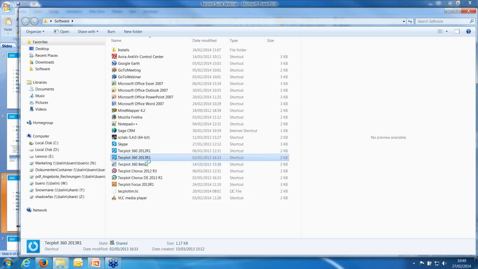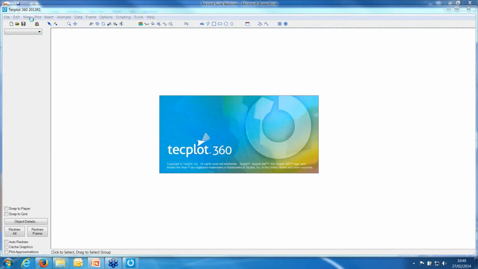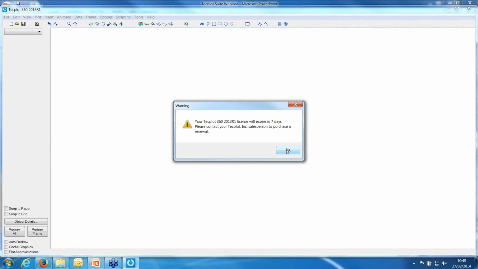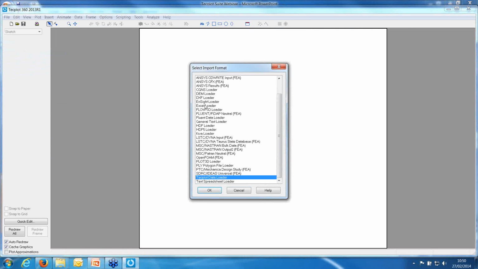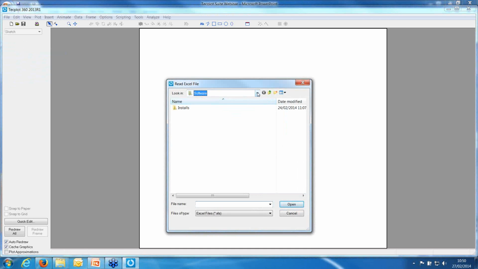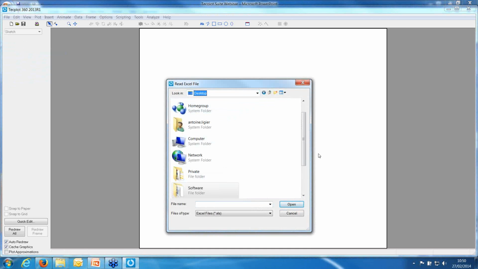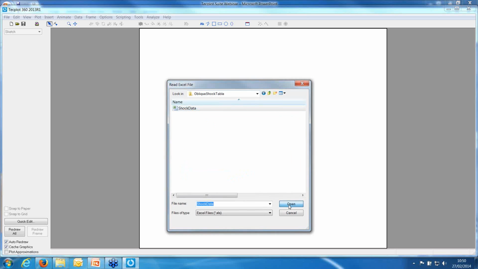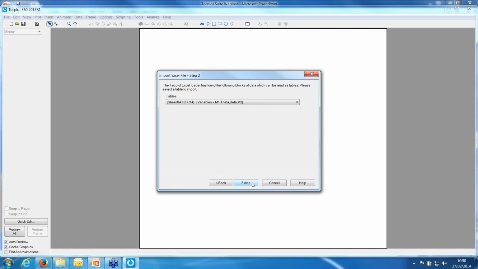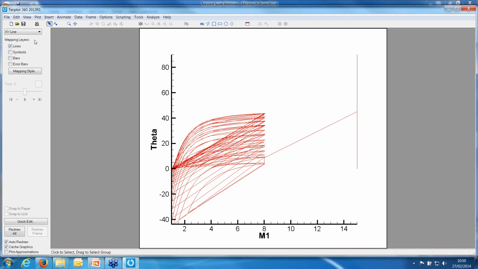I'm launching Tecplot 360 right now. I did the calculations in Excel, so I will use the Excel loader. Just specify my path. Okay, here it is. So here is my shock data, and as you can see,